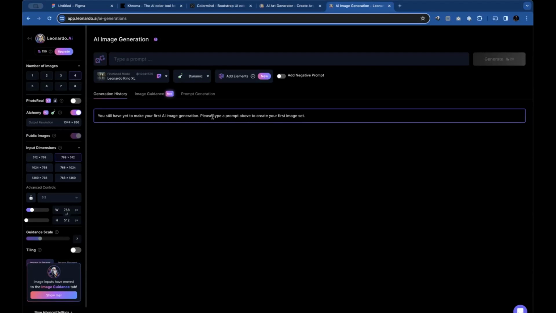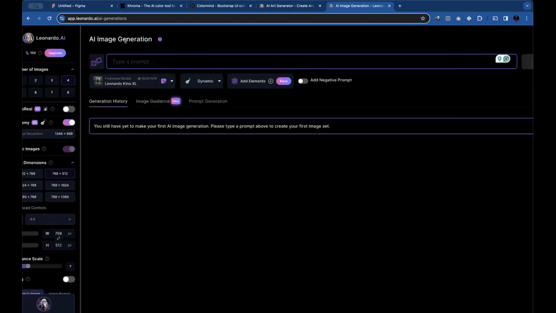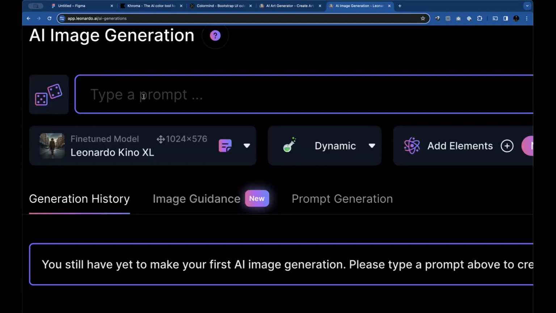So before we do that, I'll go ahead and generate a prompt. If you see this button, then you will see where you can type in a prompt in this interface under AI image generation here. So I'm going to type in something. We can also make this interactive. Please put in the chat room what you want us to generate, and I will generate that for us. But for right now, I want to generate